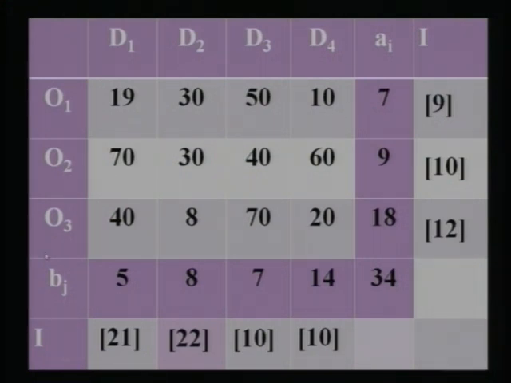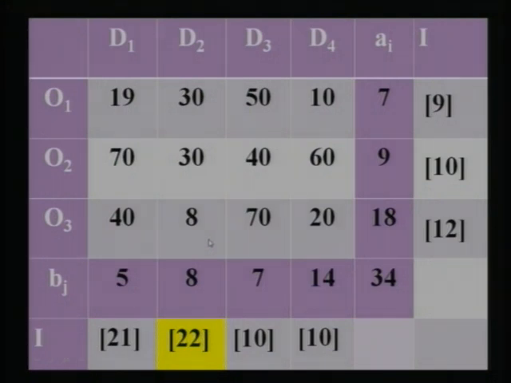Now after calculating penalties, our next step in Vogel's method is we select the highest value of penalty. So here the highest value is highlighted. It is 22. It is highlighted by the yellow mark. And in this particular column, we choose the smallest cost cell, that is the cell having the smallest cost value. Out of these three, you can see this is the smallest cost value. So we have to assign the value of the basic variable for this particular cell. So that will be our first basic variable using Vogel's method.